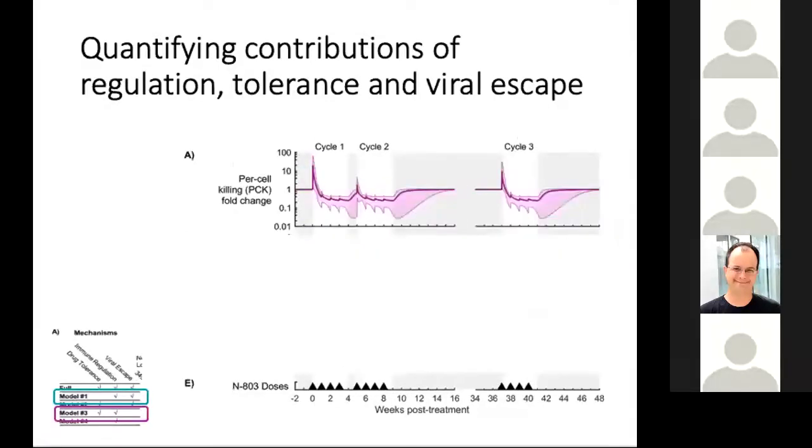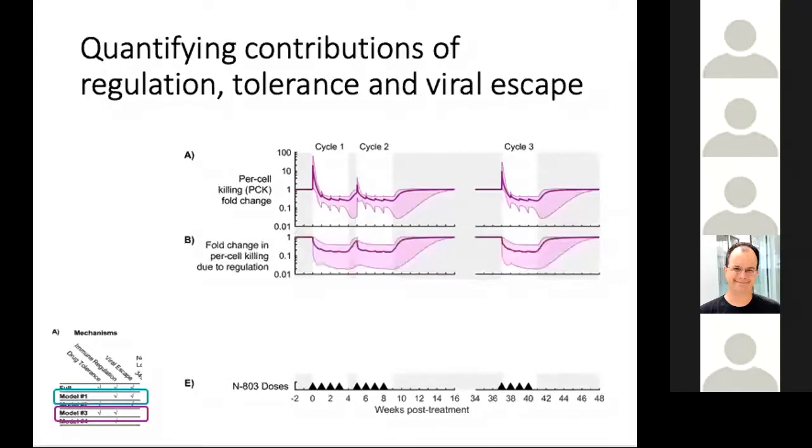So now if we look at model 3 to see what is going on there, we see very similar patterns in the per cell killing, where there's an early spike, a little bit bigger spike here than before, and then very quickly again, it decreases. And if we look a little bit closer in this model, remember we had drug tolerance and immune regulation. Now, if we look at how much immune regulation is contributing to the reduction in per cell killing,